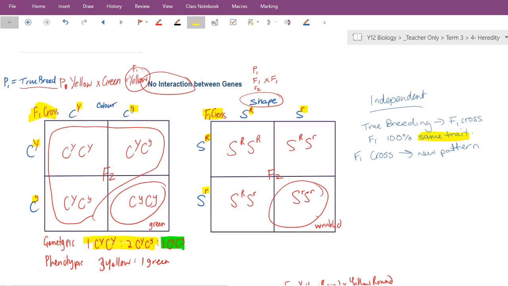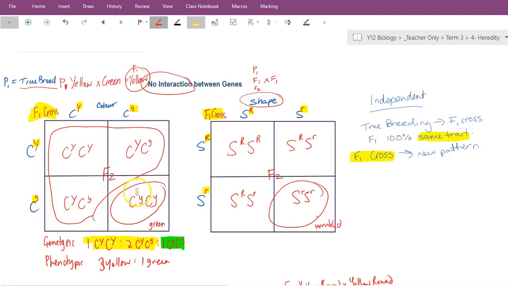But that didn't mean they didn't have the recipe for wrinkled or green, but they were hidden. And you didn't see that until you crossed that F1 generation with itself and ended up seeing what the F2 generation had for us. And that's what these crosses are. An F1 cross, the heterozygous yellow and the heterozygous round, and you end up with a new pattern that came out in that next generation, which was 3 yellow